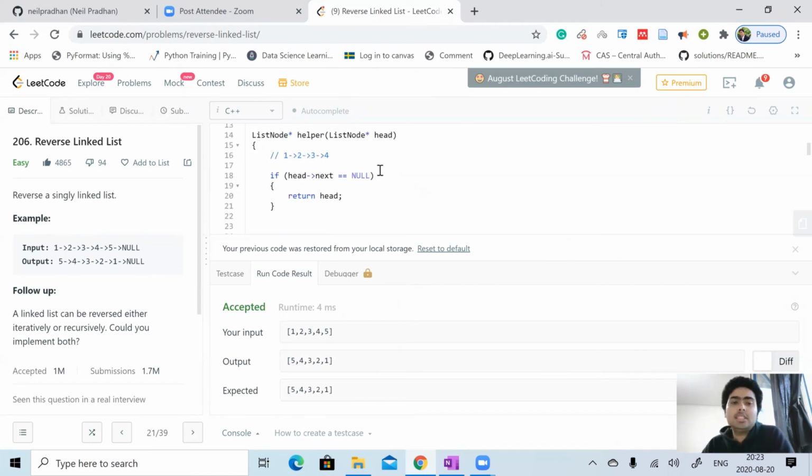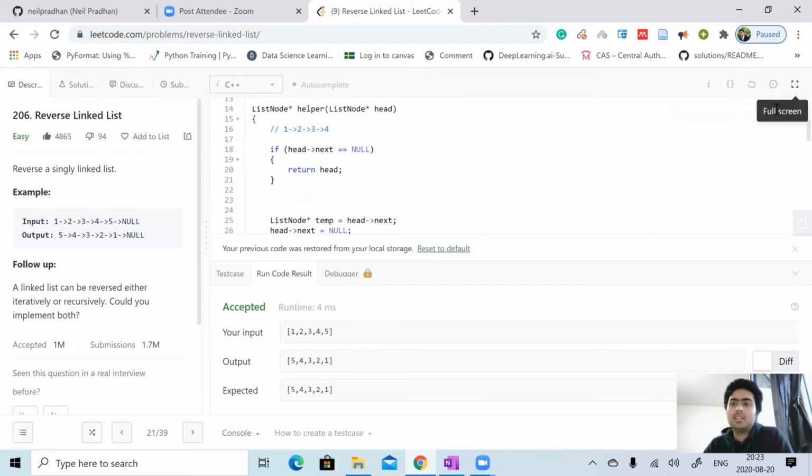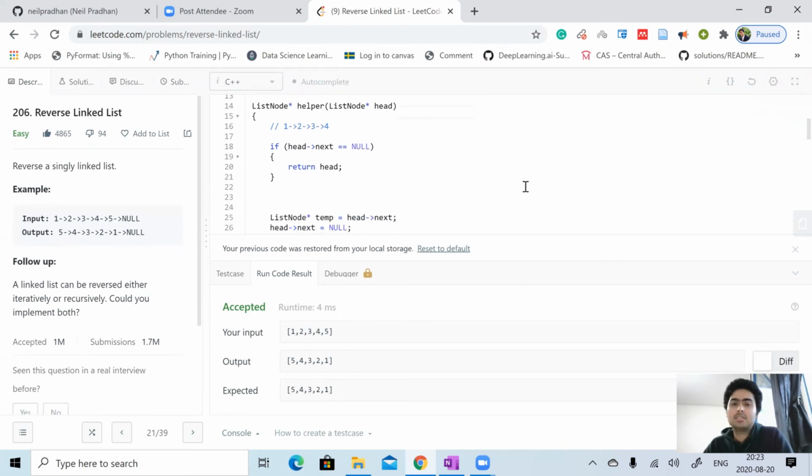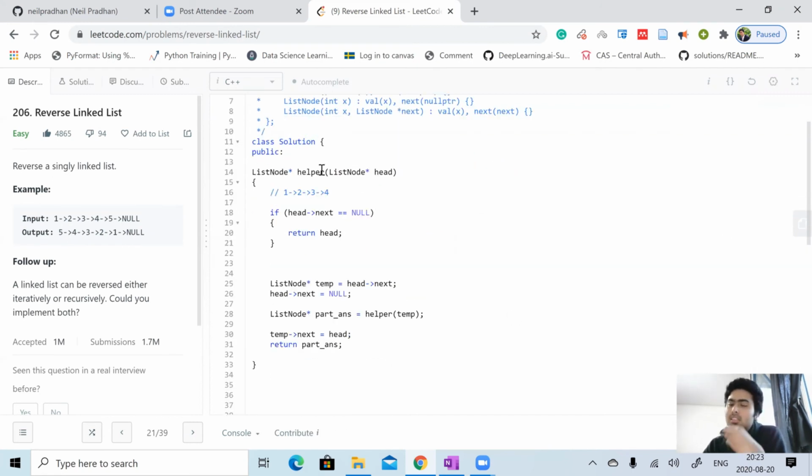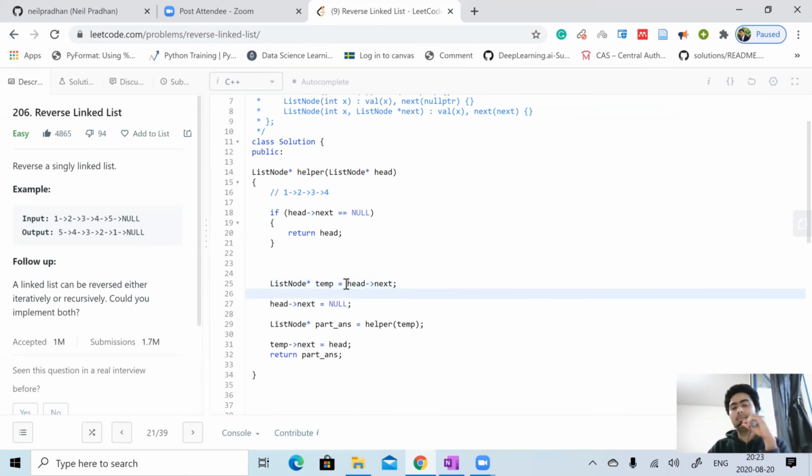So this is nothing but the recursive approach. We have the base case here: head dot next is null, we return head. Then we have the code here, we find the temporary pointer, which is head dot next, then head dot next equal to null.